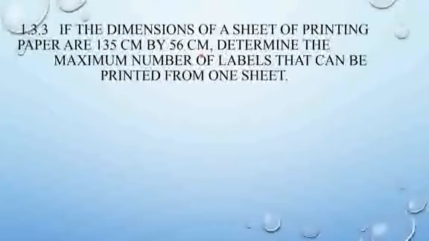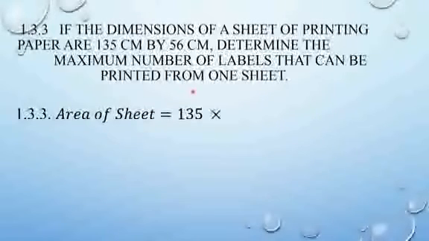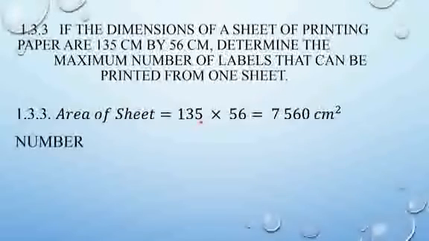So we want to know how many of those labels that are going to cover that particular cylinder will fit. So in other words, we're simply going to find the area of the whole sheet. So what will be the area of that particular sheet? It will be 135 multiplied by 56, which gives us